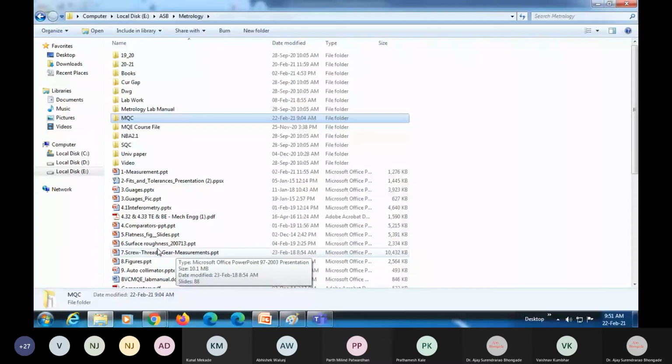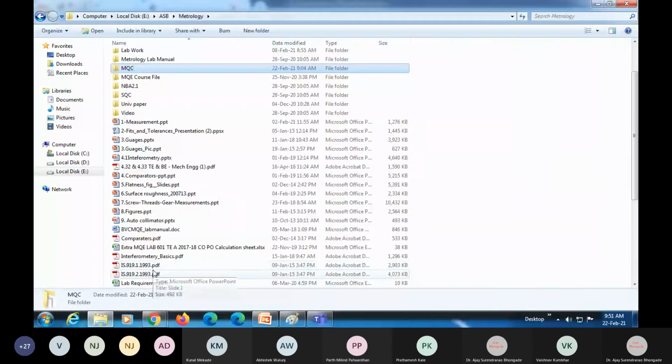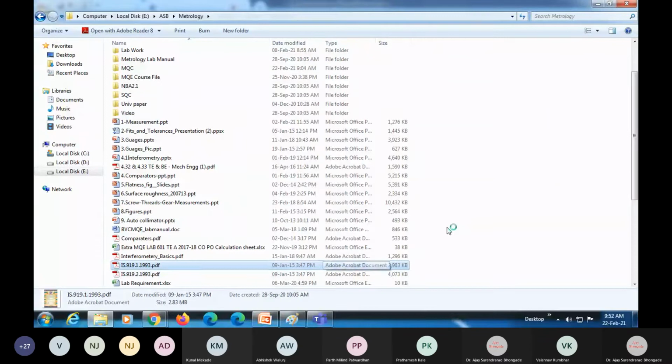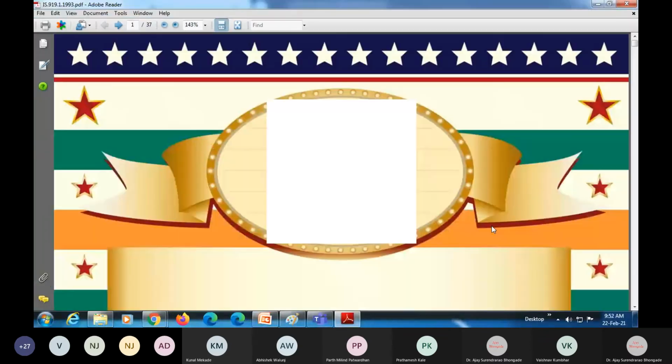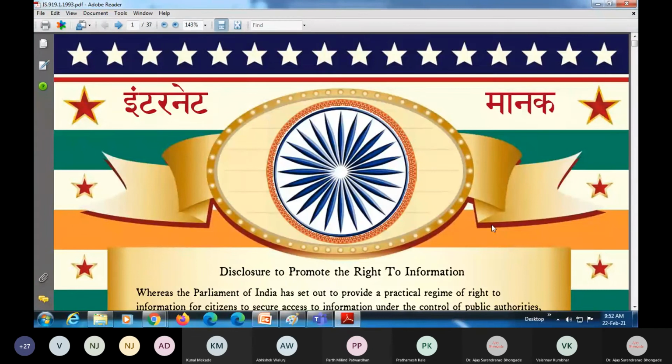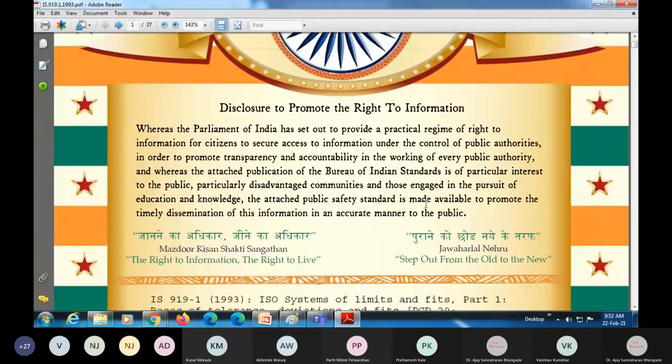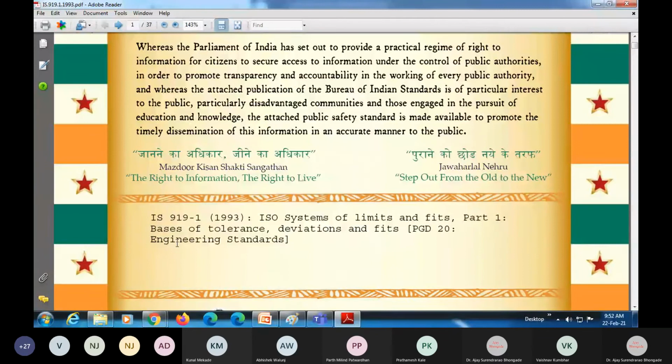So you can see one of the files which is there, IS 919 1993, right? IS 919 is the name of the IS standard there, and it was released in 1993. Okay. Now this is the standard right now, the standards which are available there, and which is useful for guiding